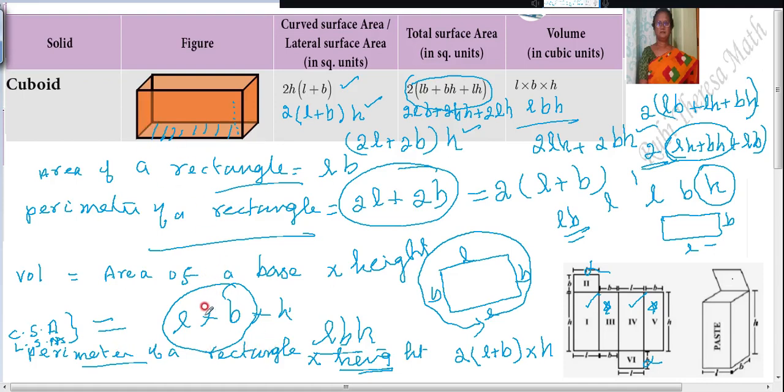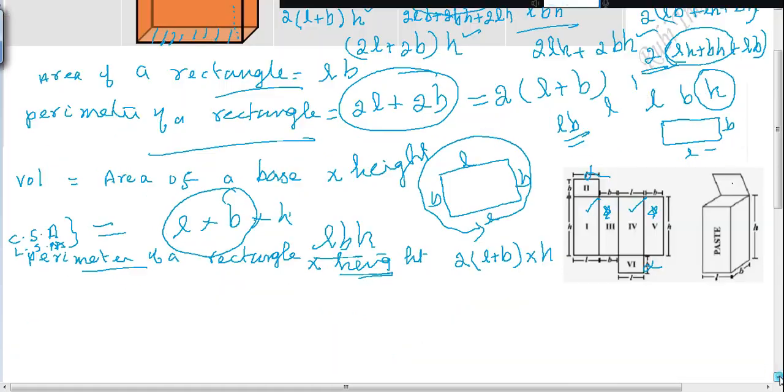So, some students, they will ask, Miss, how can I remember this? You are saying for volume, it is area. For curved surface area, you are saying perimeter. How can I remember? I told you very well. While you are pouring, while you are putting, it will fill the base area. So, base area into height. When you want to paint the curved surface, then just you are coming around. You are circling. You are rounding. So, just you take the circumference of the shape, the base shape. Circumference, that is perimeter of the base shape.